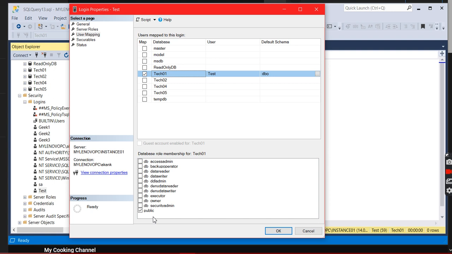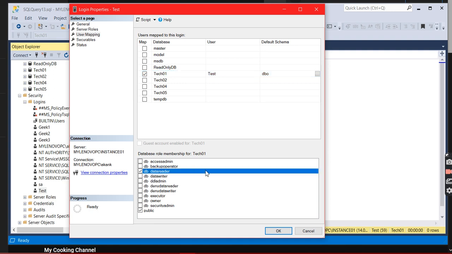So how to do that? Actually, if you give the read access, data reader, it will apply and they will be able to read all the data from all the tables present in the particular database tech01. They will be able to access all the tables if you grant data read here. So without knowing the implications, don't provide this data reader access, if they only want access on a particular table. In some scenarios there are critical applications with restrictions, where you cannot provide even data reader access for all the application users.